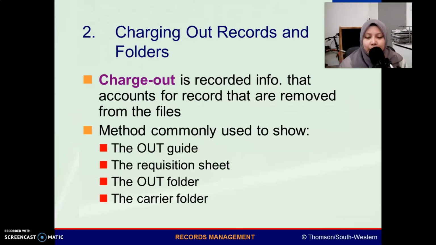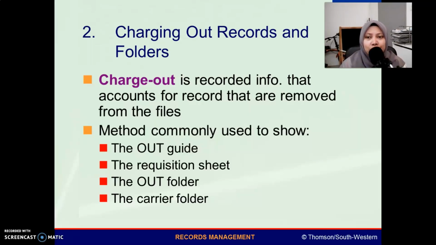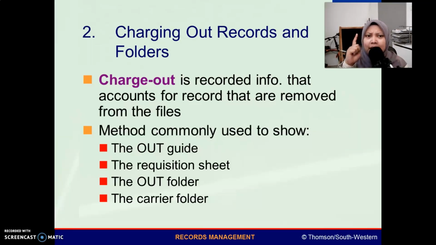So again, mula-mula, for the first step, the user needs to fill up the requisition form. So ingat lagi, the requisition form ada 3 copy. One is the original, another 2 are copies. The one original is what we keep in the requisition file, and there will be another 2 copies, one of which serves as what we call the out guide, and another one will serve as a